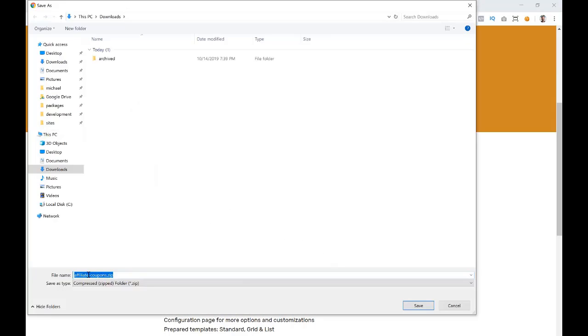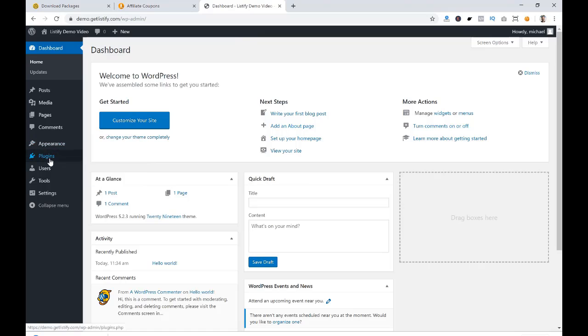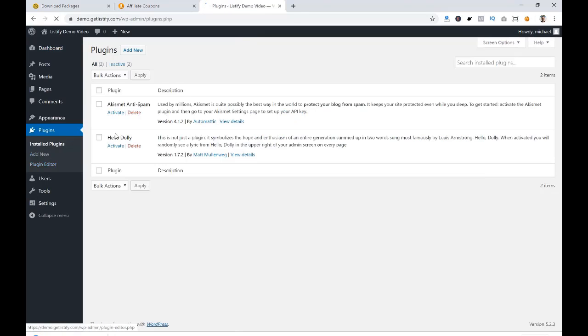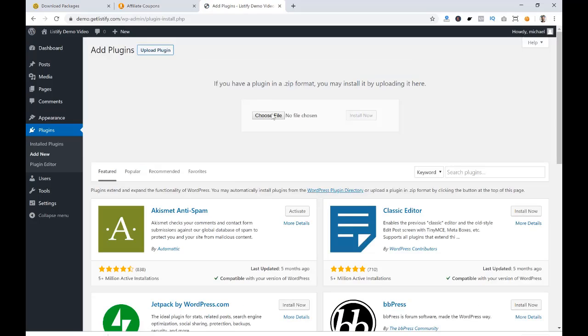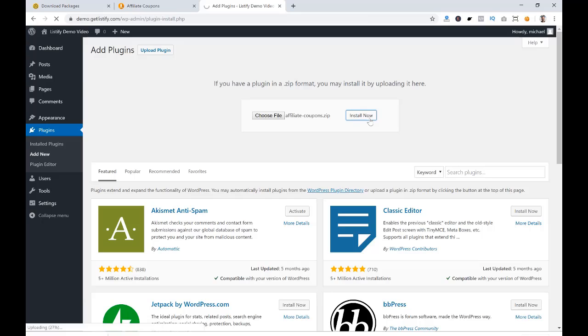So I'm just downloading this plugin called Affiliate Coupons. I'll save it to my downloads folder. If I were to install this on a WordPress site, I've got a demo site here, I'll add this plugin just like any old normal plugin. Just upload it like so,